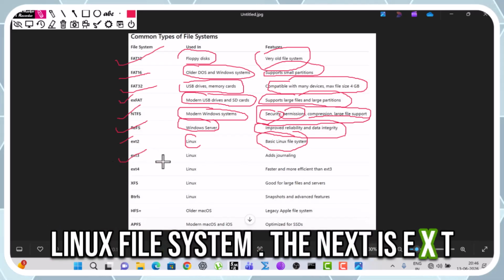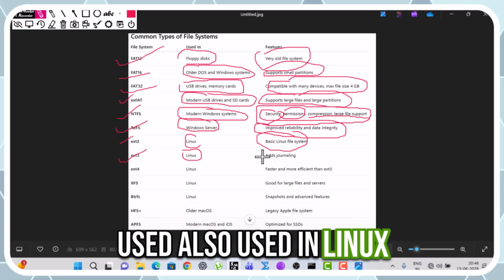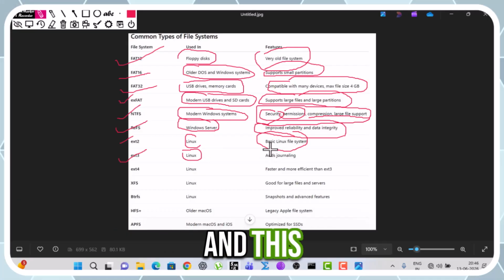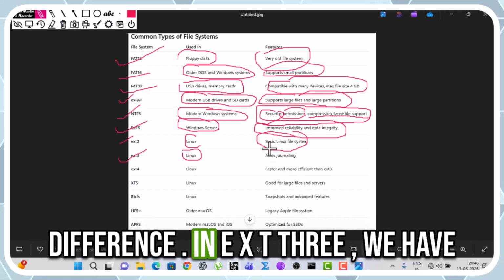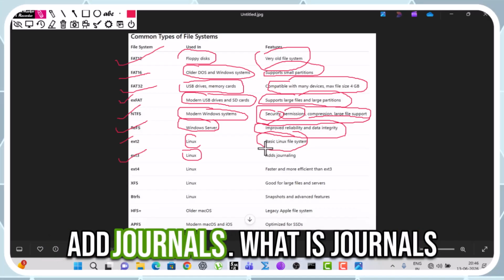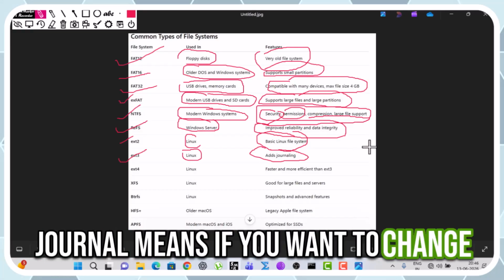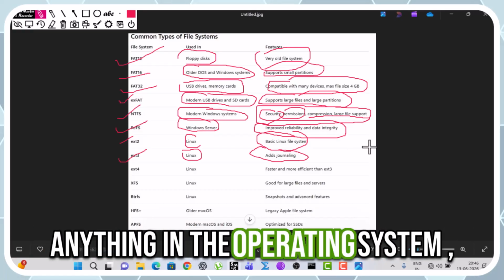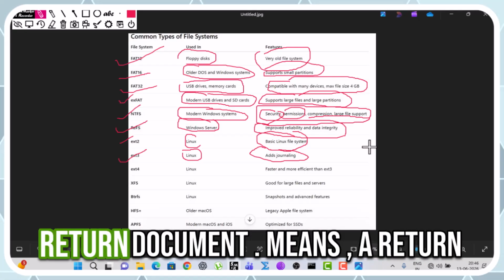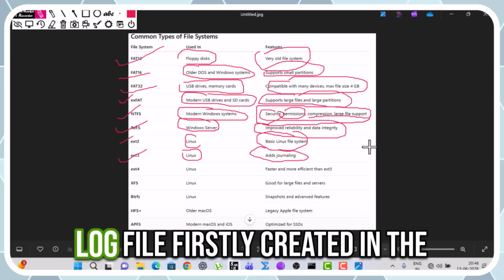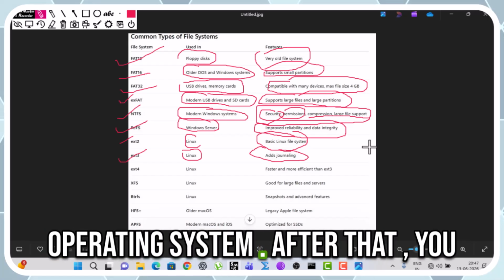The next is ext3, also used in Linux. In this file system we have a main difference: in ext3 we have added journals. What is a journal? Journal means if you want to change anything in the operating system, firstly you have to maintain a written document, a written log file, which is created first in the operating system.